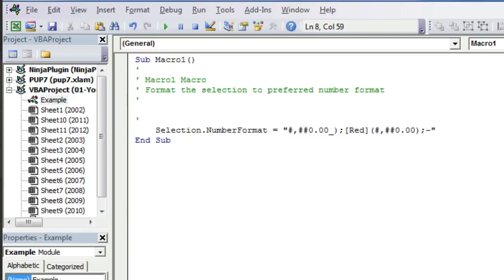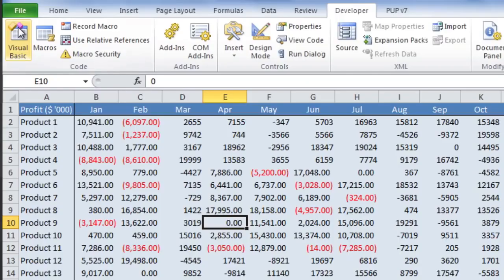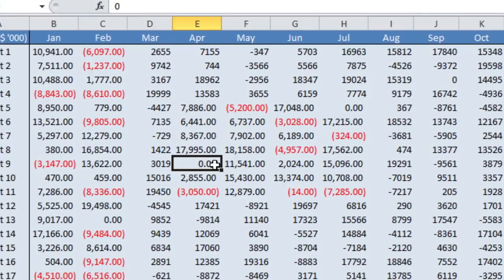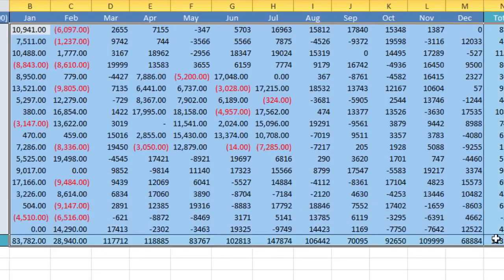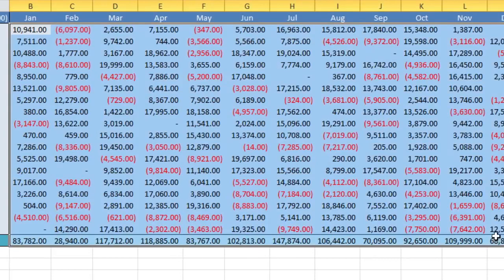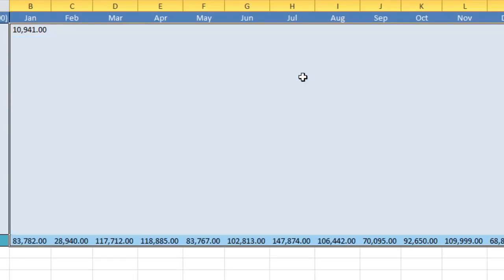in for the 0, and we also want there to be a space afterwards, so I'll do an underscore, and the space needs to be the same width as a close bracket symbol, to be the same width as these other ones. Now we've changed that macro, we'll head back to Excel by clicking on this button, View Microsoft Excel. And if you watch this, if I run the macro again with Control-Shift-N, it replaces the 0 with a dash. I can do that with all of these now. If I select all these numbers, Control-Shift-N, it replaces all of those with our desired number format, including a dash